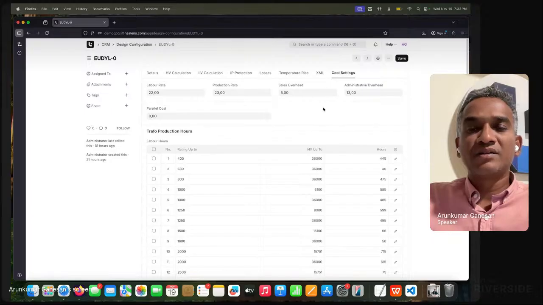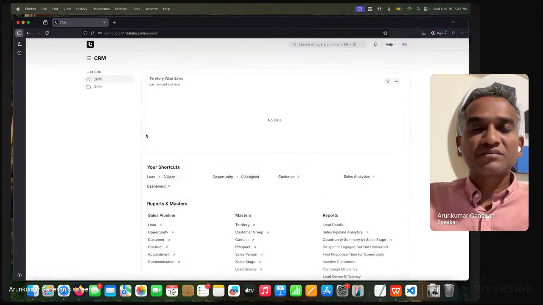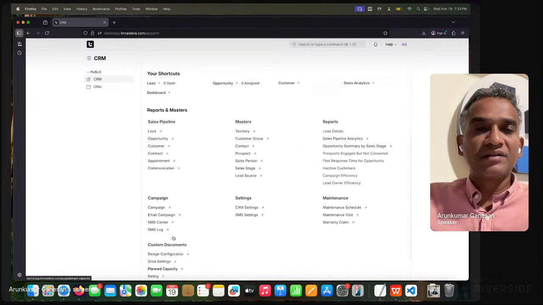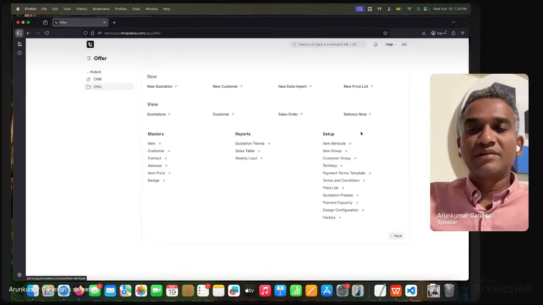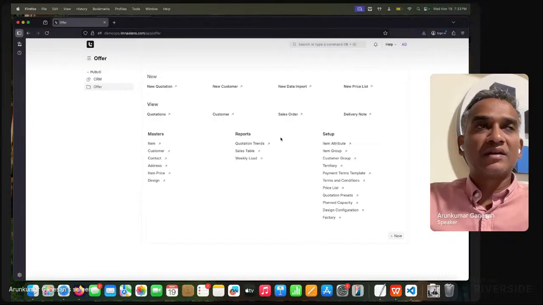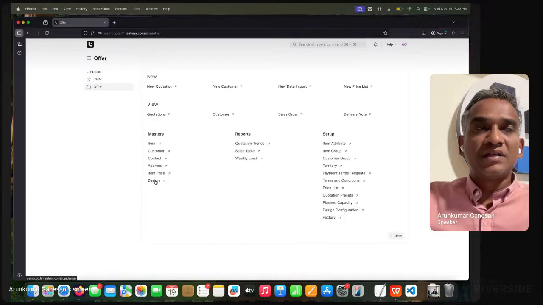This is where you just give simple rates about your factory settings, and with this we will be able to get a design calculator, right? So now if we go to the design, I have made a setup. Now I have got a requirement. Let's say the customer is asking for a transformer with some parameters. Let's say they are asking for 1000 kVA with 5000 volts, and then 430 volts LV, right?